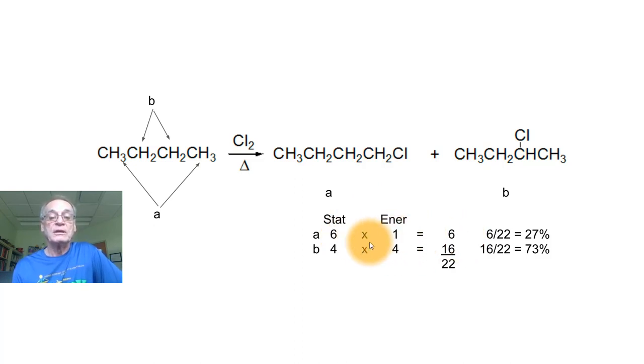6 times 1 is 6, 4 times 4 is 16, total is 22, 6 divided by 22 is 27% for the A molecule and 73% for the B molecule. So roughly 75 to 25%, roughly 3-to-1 in favor of this product over that product. And that's in large part due to the fact that the energy factor is bigger for secondaries than it is for primaries. That would not be a particularly useful synthesis if you wanted to make this compound, because you only